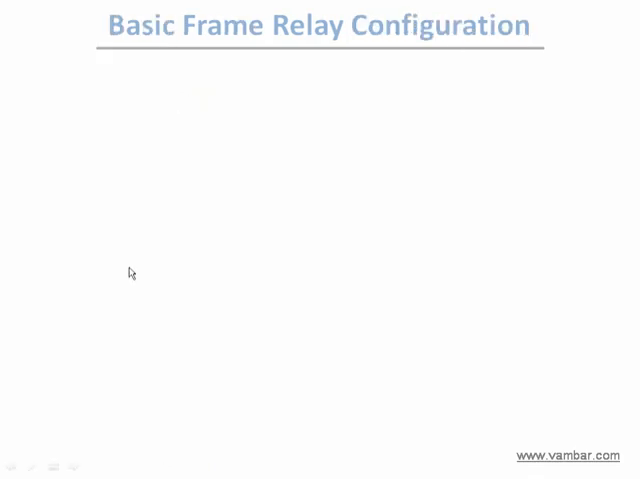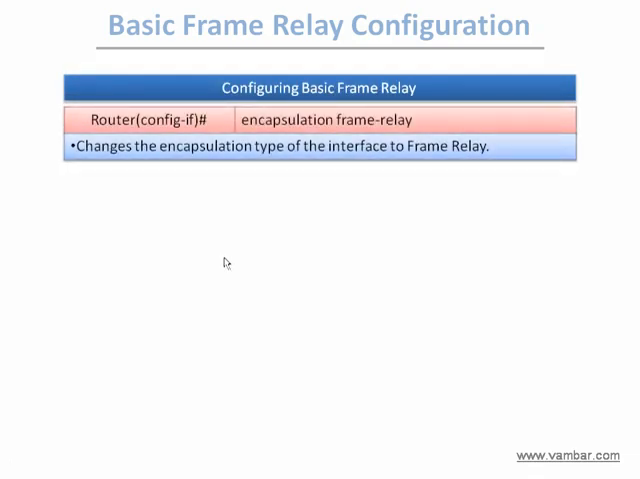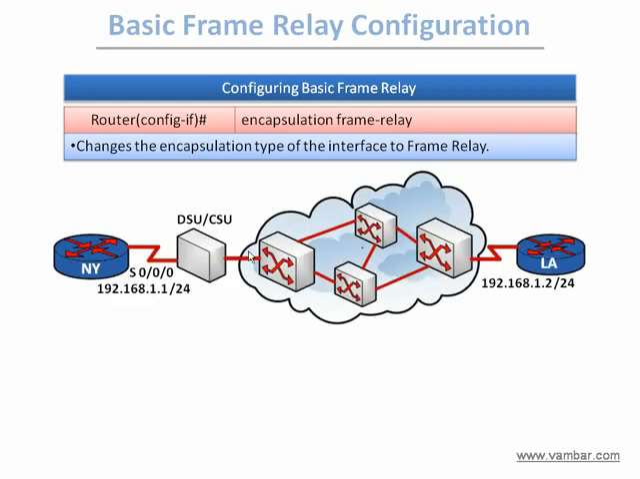Configuring basic Frame Relay is actually very easy. All you have to do is, within the interface that you want to configure Frame Relay, type the command encapsulation frame-relay. That command enables Frame Relay as an encapsulation. So let's see it in an example. Right now in this example, we're going to configure encapsulation Frame Relay on the serial 0/0/0 on the New